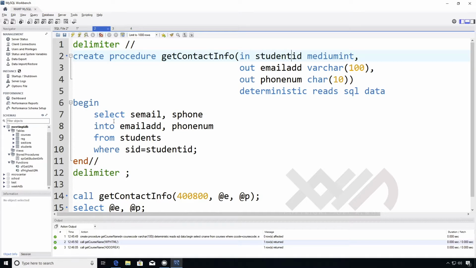And looking over here in our select statement, okay, so I have here select s email, comma s phone. So I'm selecting these fields from the students table, but I want the value of these two columns of my result to end up into these parameters. That's why I have the into. So whatever the value of this will go into this parameter, whatever the value of this will go into this